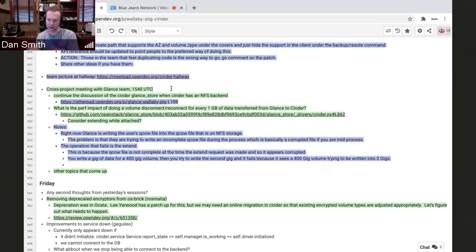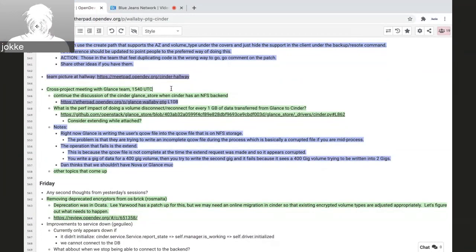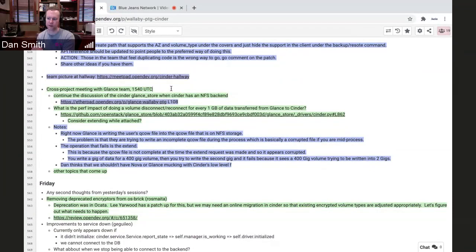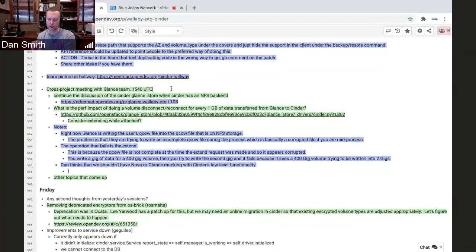So anyway, I guess the point is, it seems wrong to me to have a consuming service like Nova or Glance mucking with Cinder's low-level storage unless both of them know about it and wrap it accordingly, such that they don't put user data in. I personally still don't think we should be doing it, but that might be just me. Well, that's what I'm saying. I don't either. But if we do, we need to have the agreement with Cinder that hey, we have written untrusted data into this thing.